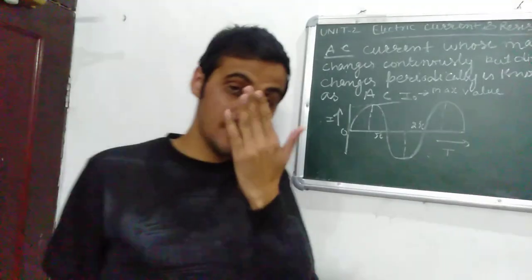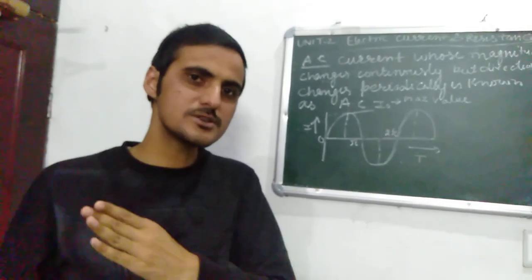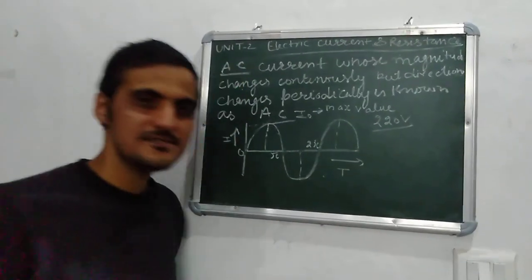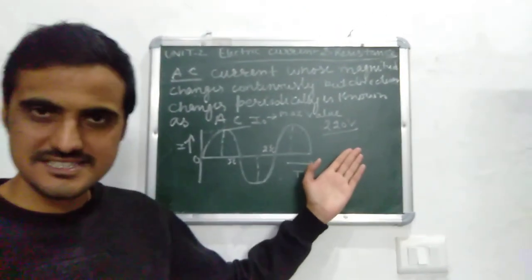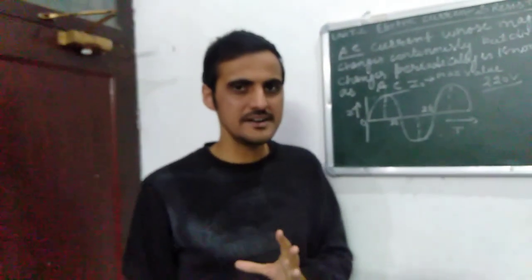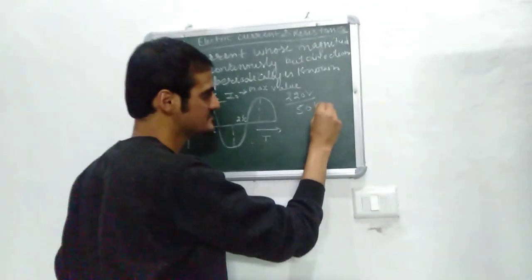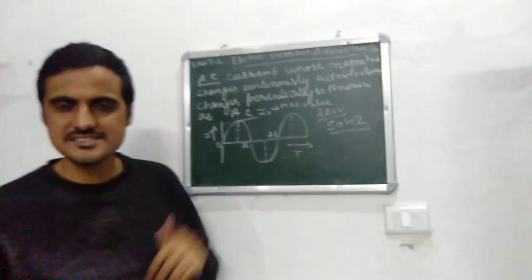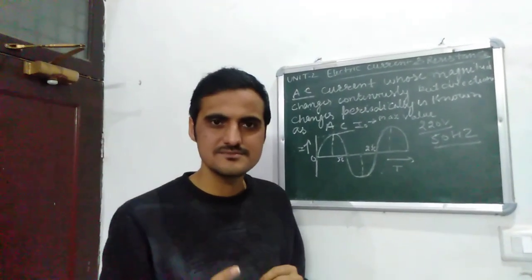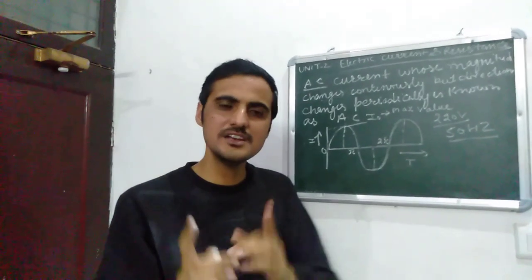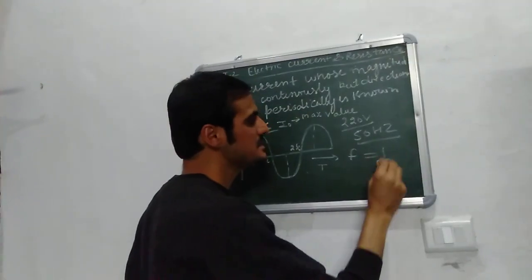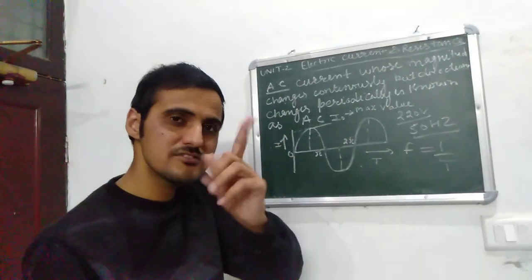What is alternate current in a household? It implies the electricity board gives us 220 volt. What is 220 volt? It is in the form of AC. In India, we get a 220 volt supply from the electricity department, which is equal to 50 hertz. What is the meaning of 50 hertz? It means that polarity changes 50 times in 1 second. As we know, frequency is the reciprocal of time.